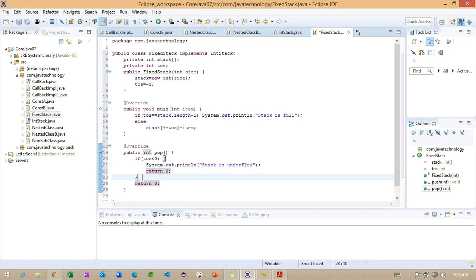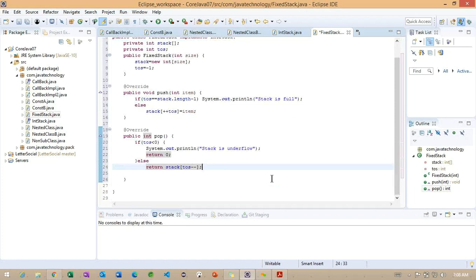Return 0. Else, instead of returning this, I will use return, and inside it use the post-decrement operator on the variable. This is the way we return the value.